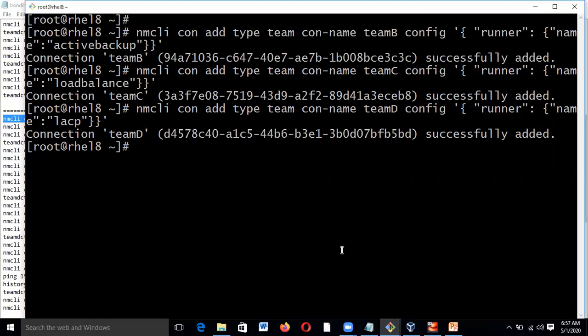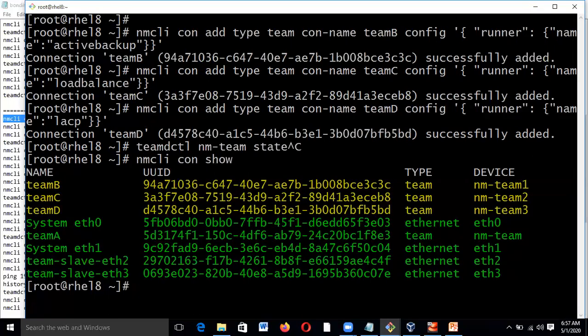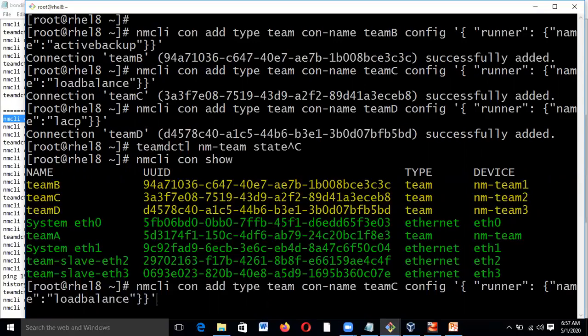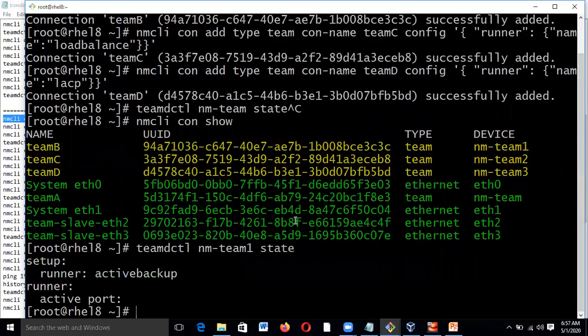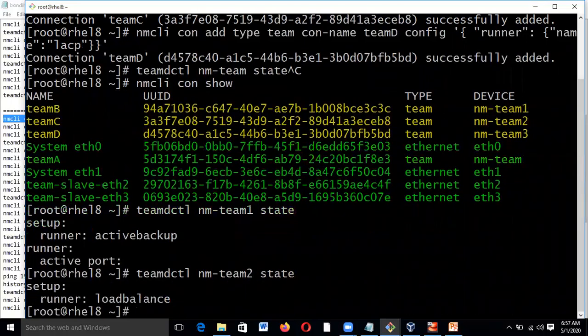So these are the policies you can create. Let us suppose if I want to check, you can see whatever you created, everything will be there, like team B, C, D, and the devices have been defined. And if you want to monitor those devices, you have to specify those connections. Yes, active backup, load balance,